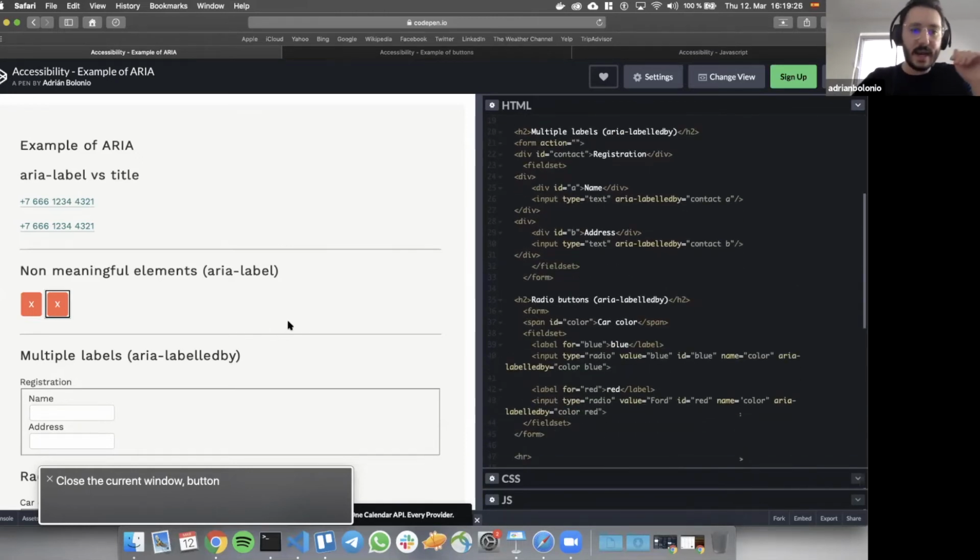The other example is ARIA labelledby. So we said that we use ARIA label when the text that we want to put in the ARIA label is not visible in the window. But sometimes the text that we want to display to be read by the screen reader is visible in the window. So then we use ARIA labelledby using the IDs of the text. So in the next example,